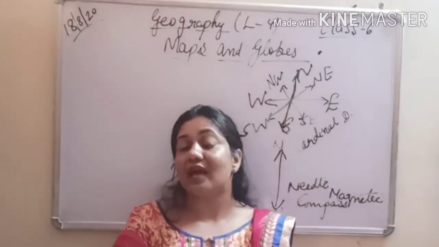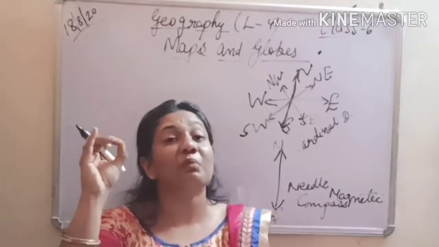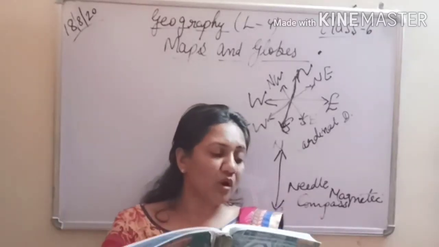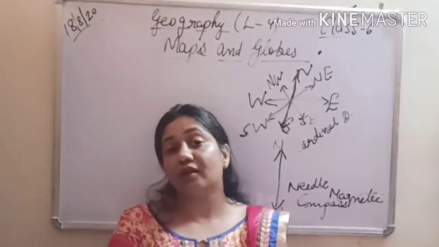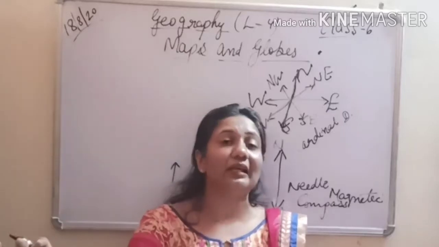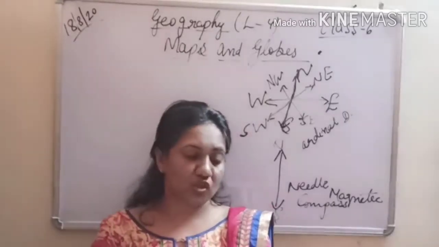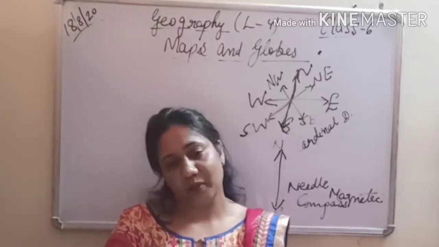So plans as compared to the sketch are very accurate, and contain minute details which are always drawn according to a scale. So we can also say another difference is that a scale is used while making a plan, whereas no scale is used in making a sketch. So you can have a question, what are the differences between a sketch and a plan also.